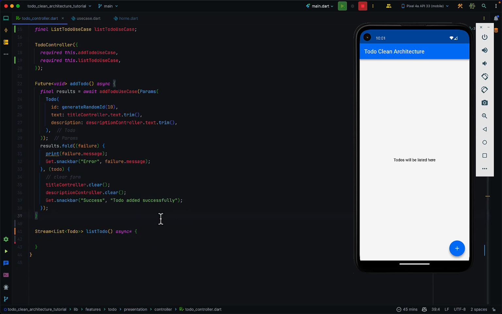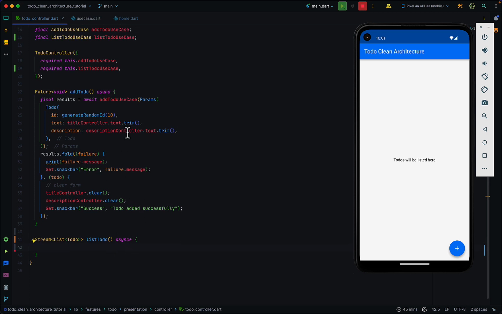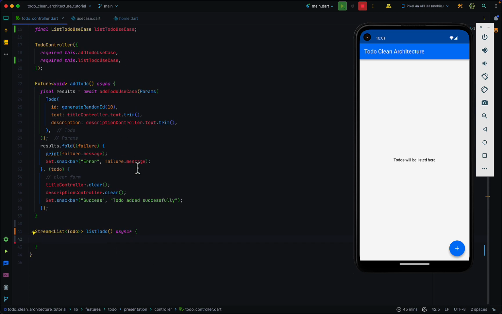The first thing we are going to do is to create a variable. So just like we had a results over here, we are going to create a variable results that is going to call this list to-do use case. So final results, and then we are going to await list to-do use case,